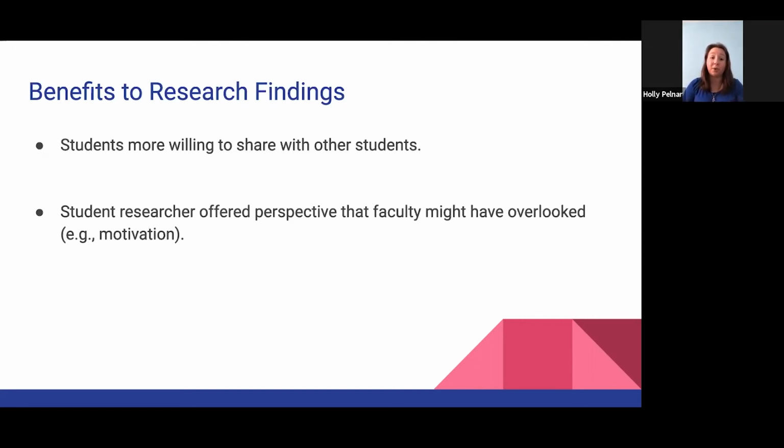As a student interviewer, I was seen as a peer who could relate to their experience. For this reason, participants felt a lot more comfortable sharing details with me. For example, their lack of effort or understanding of a certain topic. In some cases, participants also criticized courses for a lack of time spent reviewing these key skills. The participants most likely would not have felt comfortable sharing these details had I been a faculty member interviewing them instead of a student.